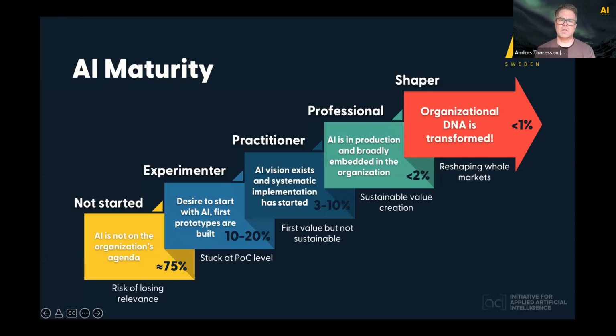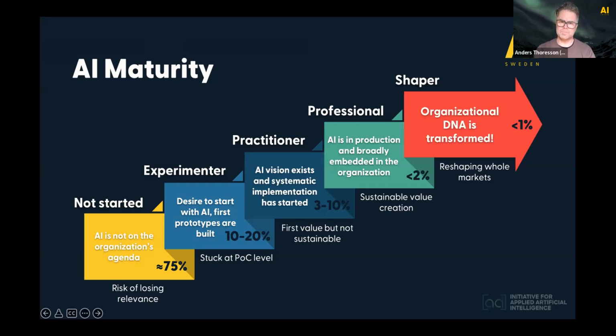And you also start to work more systematically with AI, not just a proof of concept here, a pilot there, but actually have taken a central process and strategy for how to work with AI in the best way. Once you start to actually put AI in production throughout the organization, you are becoming a professional. And finally, when AI is really a part of everything you do, you become what Applied AI and AI Sweden